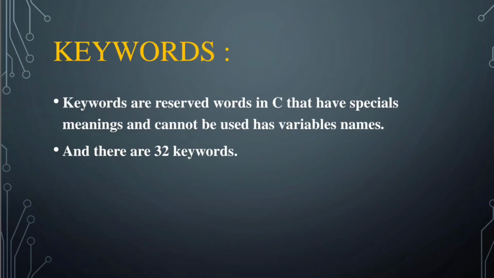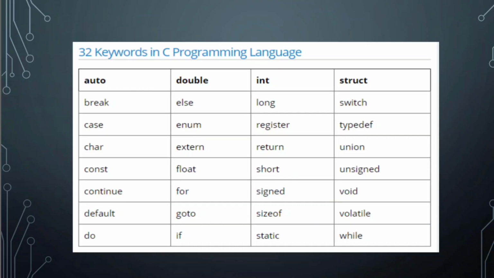Keywords. Keywords are reserved words in C that have special meanings and cannot be used as variable names, and there are 32 keywords. For example,